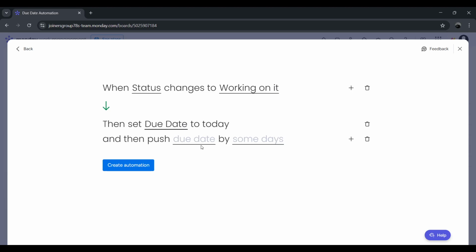Click the underlined word Date and select your Due Date column again. Then set it to some days. Type 5 in the days field and click Set. This means your due date will automatically be pushed forward by 5 days, giving your team a realistic time frame